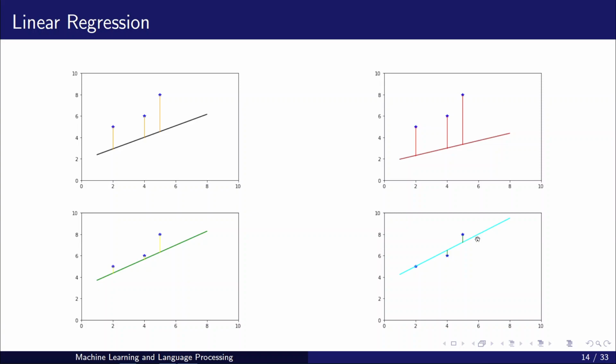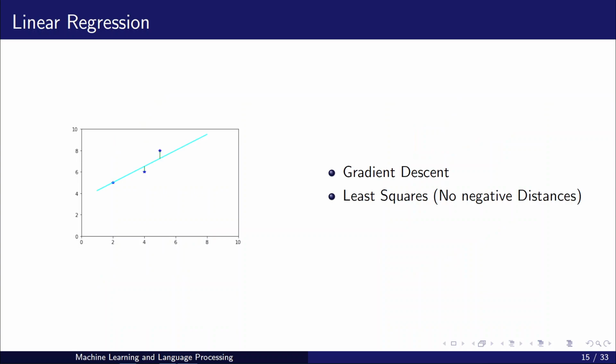We'll start off with some line and calculate the error associated with that line, and we'll move the line a little bit and check the error again, and understand the direction in which the line has to be moved so that the error is reduced. So we would like to minimize the error. That is the procedure we do. This method is called the gradient descent method.